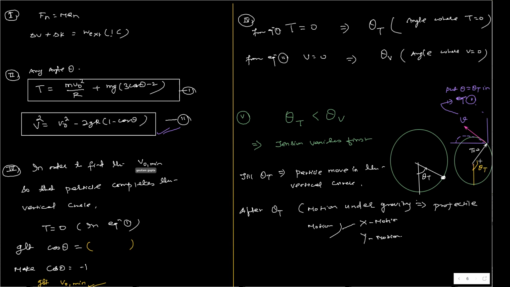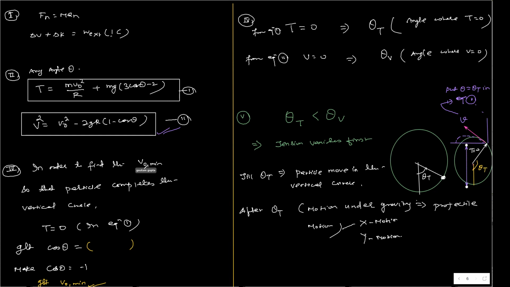So this is a projectile motion which starts at this height. You know the initial height also. This height you can calculate as r into 1 plus cos theta naught, whatever it is geometrically. You know the initial velocity, its x component and y component. You know the acceleration: a_y is minus g. You can solve that as a projectile.